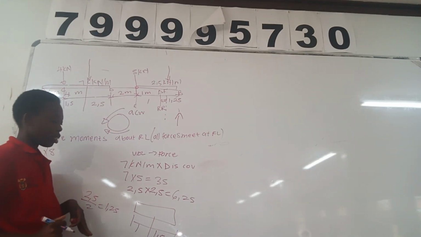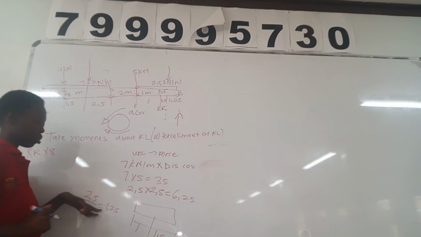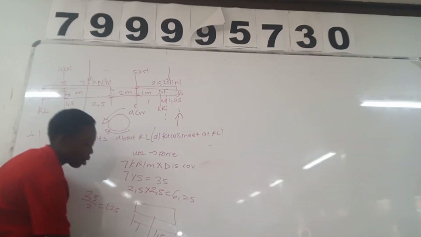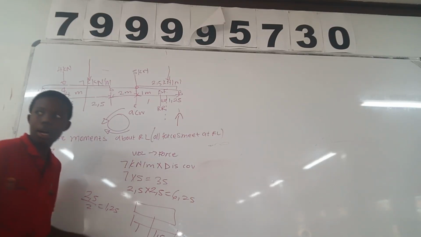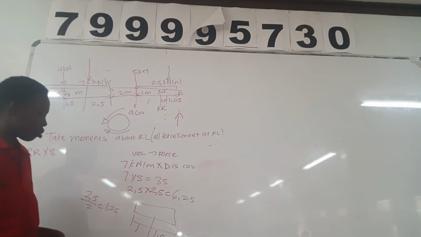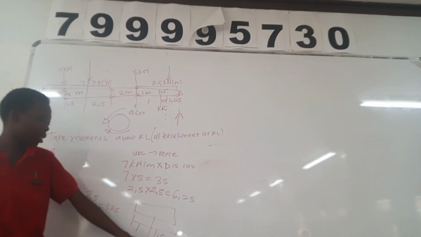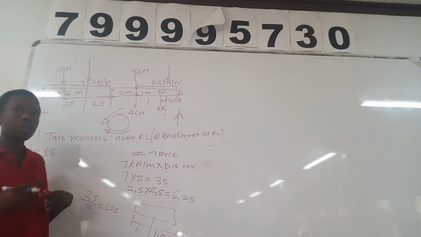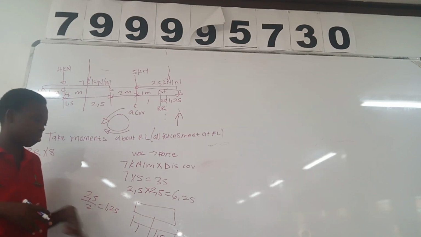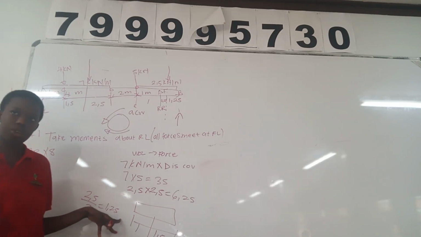Here it covers a distance of 2,5. We divide our 2,5 by 2, we get 1,25 again. More there's RR, and we can't shift our RR. So what we're going to do is take this 1,5 again, then subtract the 1,25 to find where our force is going to be. So 1,5 minus 1,25 is